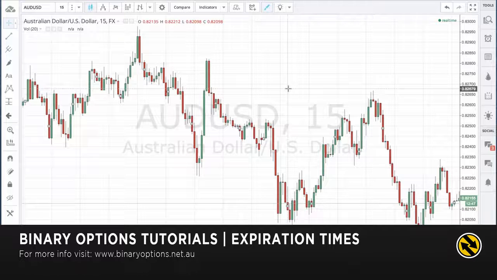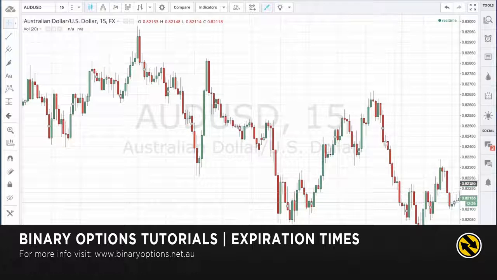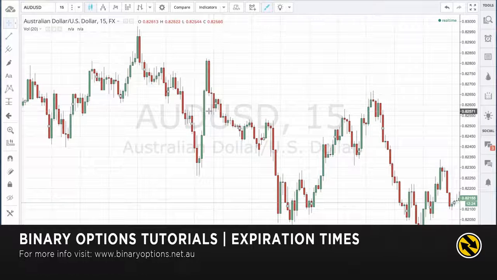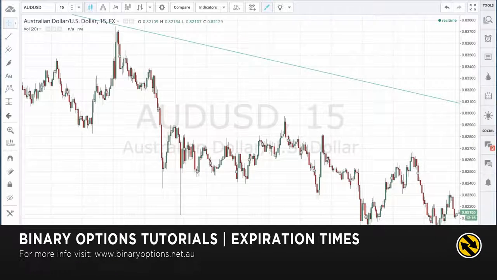Okay, so I've opened up the AUD/USD 15-minute chart in TradingView. If we were to be trading binary options and we opened up this chart, this is what we'd see on the default zoom level. And you can't really tell too much. It sort of looks like a bit of a sideways market. There's some ups and downs here. So if we were to slowly zoom out,